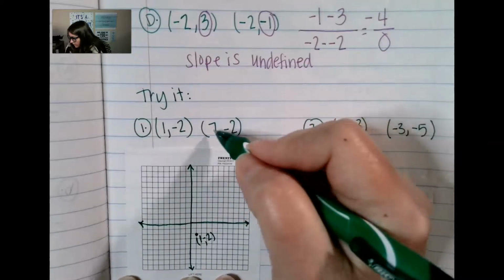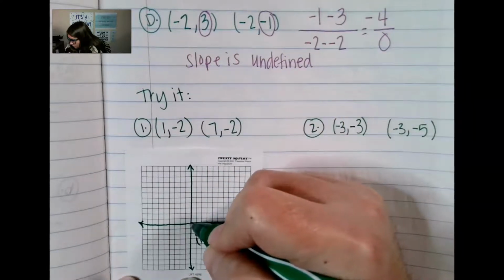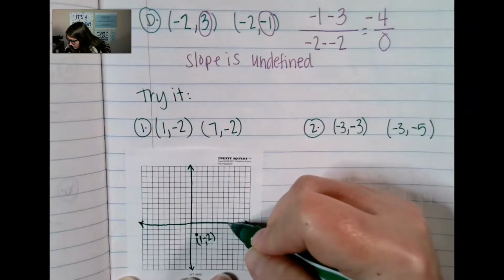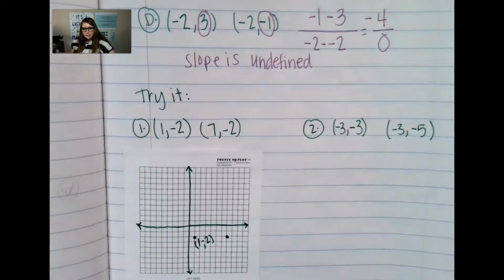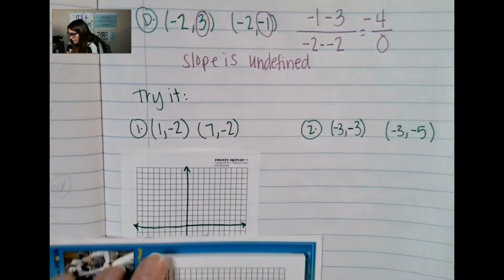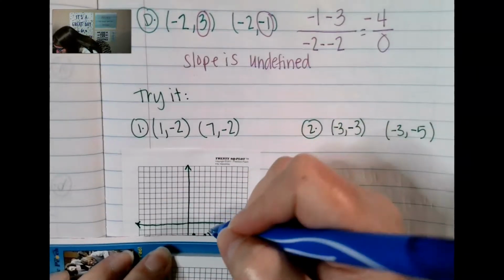All right, my next one is 7, negative 2. So I'm going to go over 7, 1, 2, 3, 4, 5, 6, 7, and down negative 2, 1, 2. So again, on this line, it looks like my slope is horizontal. So I have a horizontal line,